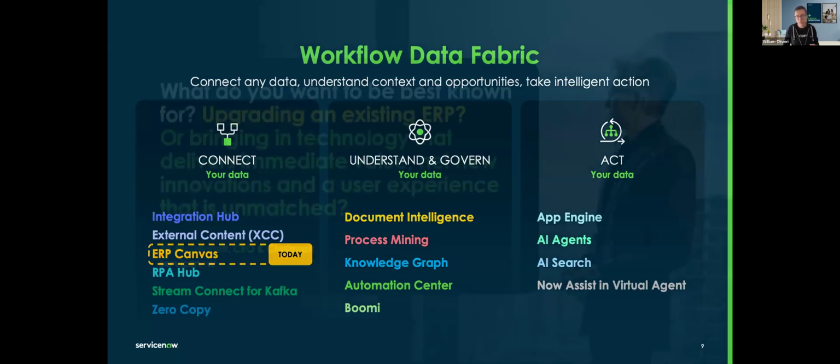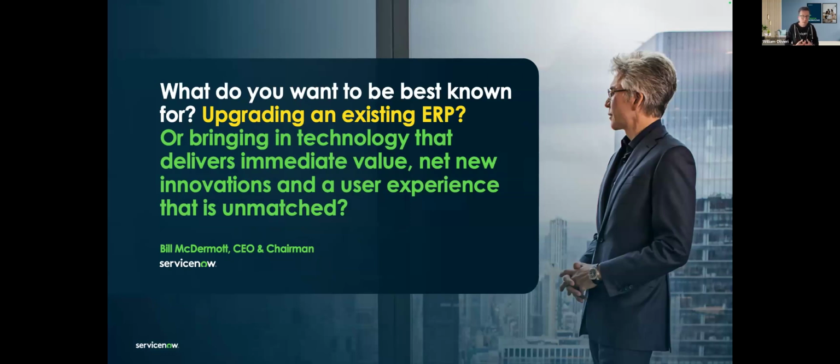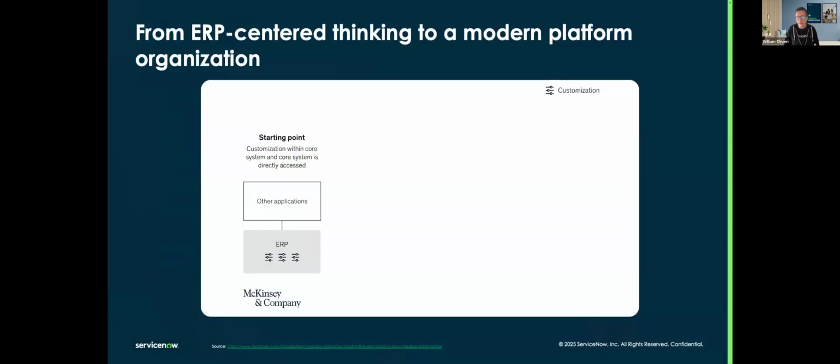Why should you do that? Well, this is the vision of our CEO. ERPs are usually legacy systems. If you are familiar with your organization or with your customers, ERPs are very famous because they are not so flexible in building innovation, even if they continue to update themselves. And so the bold statement of our CEO is, do you want to spend your time just upgrading a legacy ERP, or do you want to bring technology that can change the way you work and deliver immediate value on the ERP systems? And this vision is something that also McKinsey